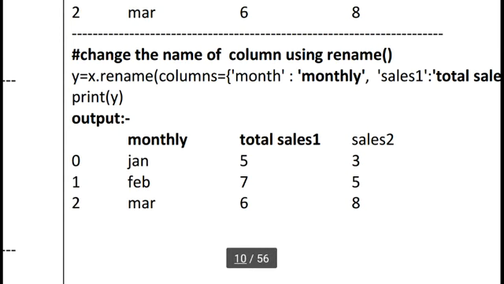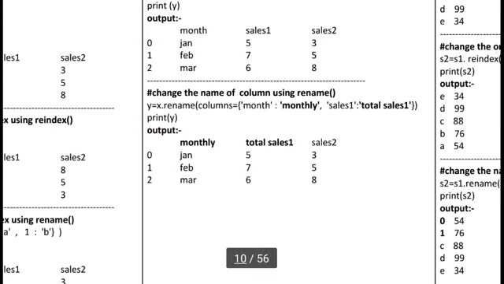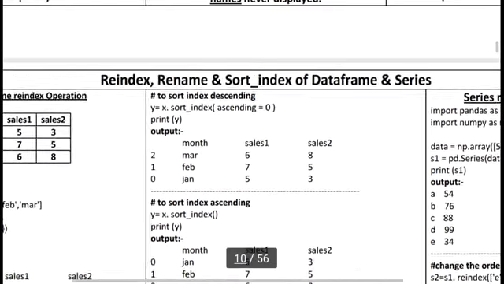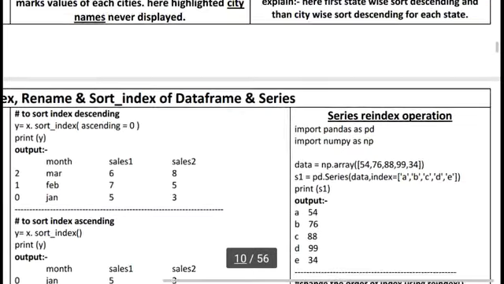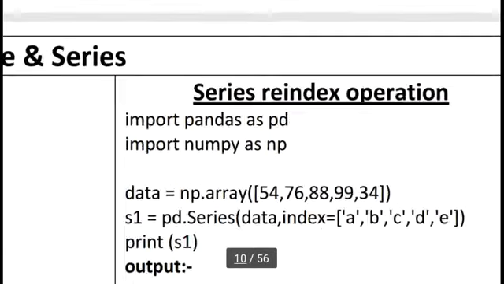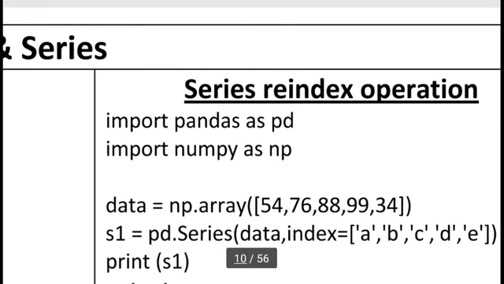So here we have all types of facilities. We can change the name of the column, we can change the name of the default index, we can change the order, we can sort ascending and descending. So we can perform all the operations based on our row and column position data. But this operation works on a data frame. But we have one more data structure provided by pandas, the series, with its reindex operation.